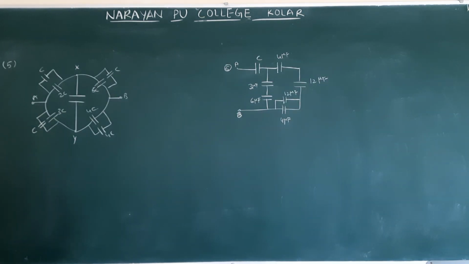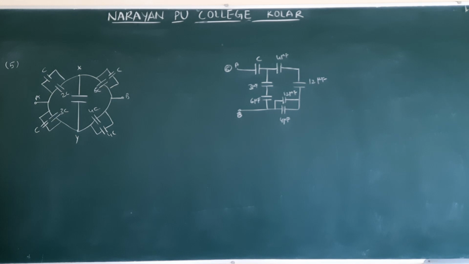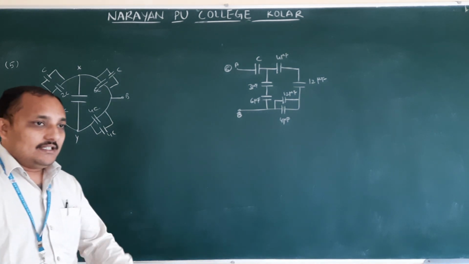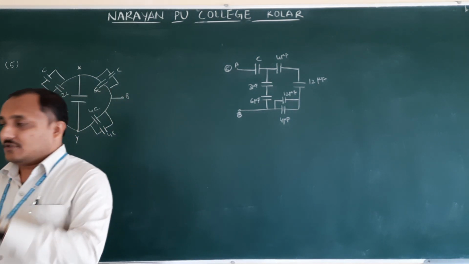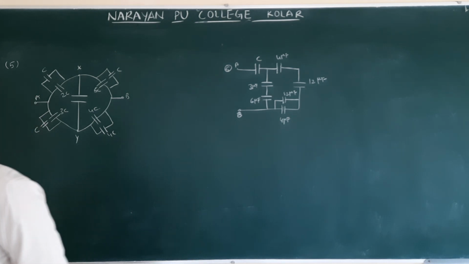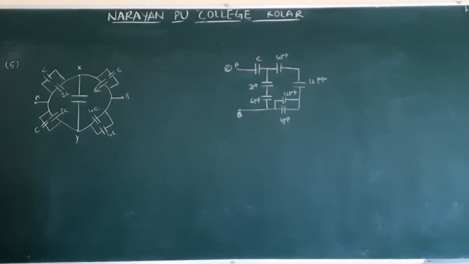So now next is the fourth question. Four ways of making a network of 5 capacitors are shown here. Three out of four are identical. The one which is different means, in the four options A, B, C, D, three circuits are identical and one circuit is different. For the fourth question, I didn't draw on the board; it is there in the options. You can check one by one. A, B, C, D. Is A a Wheatstone bridge or not?